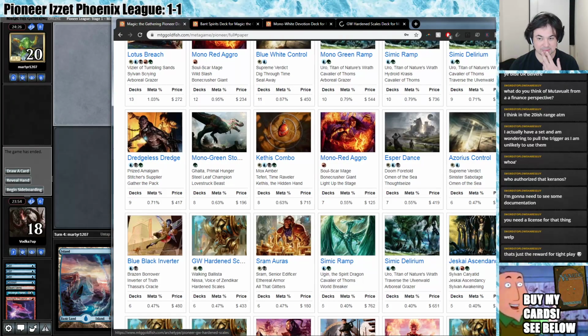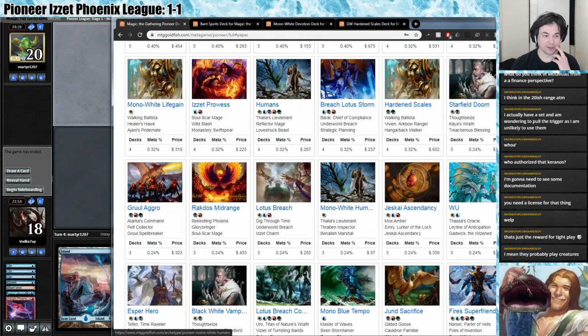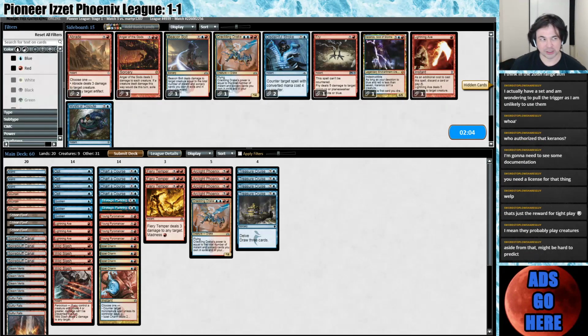Hardened Scales. Because they play planes. That's like the big tell, right, on what they're doing. Like, they're not... Yeah, they're probably just creatures, right? And I think this is kind of the big... Like, it was probably pretty likely with just double temple, but with the planes, it's just a huge, like...